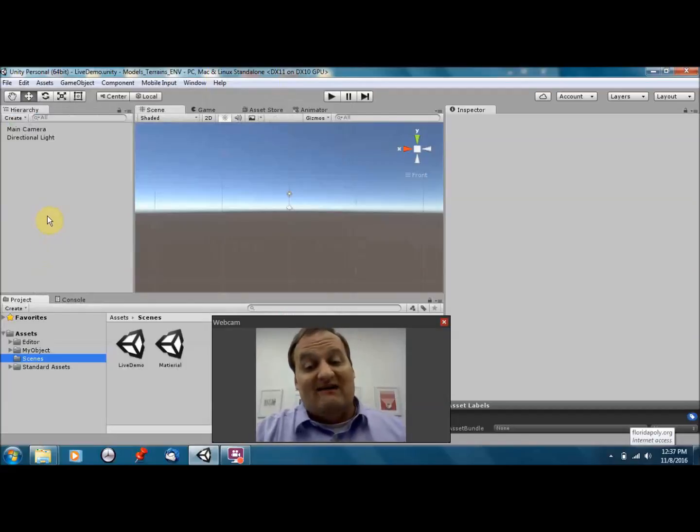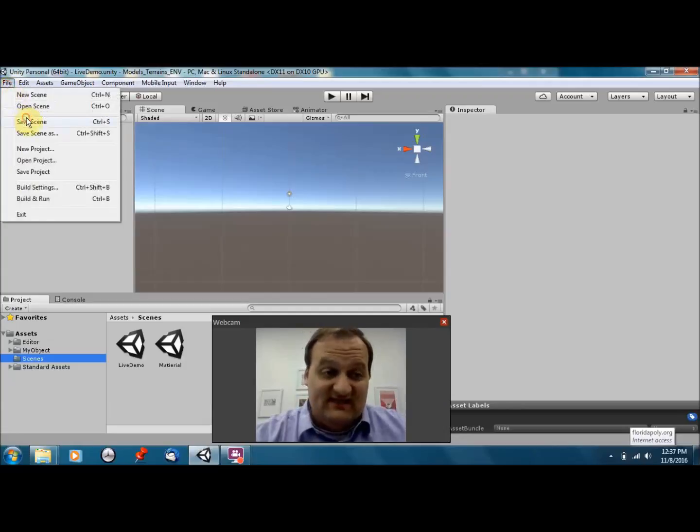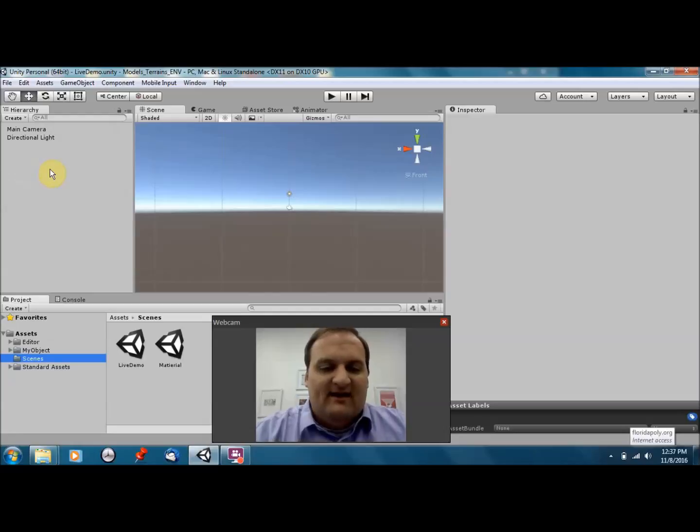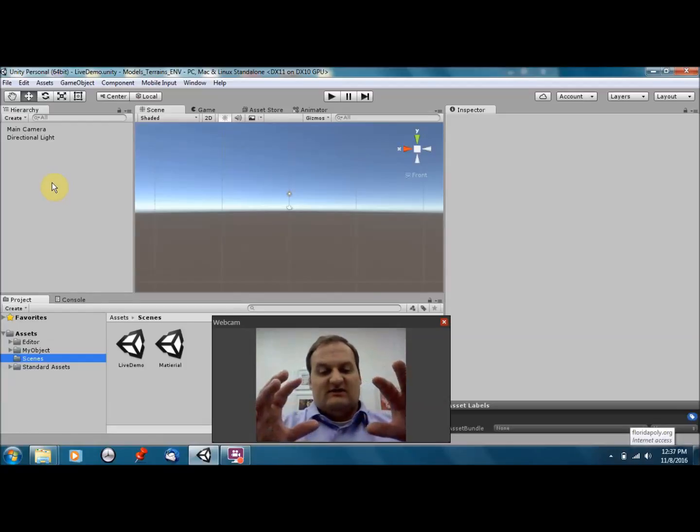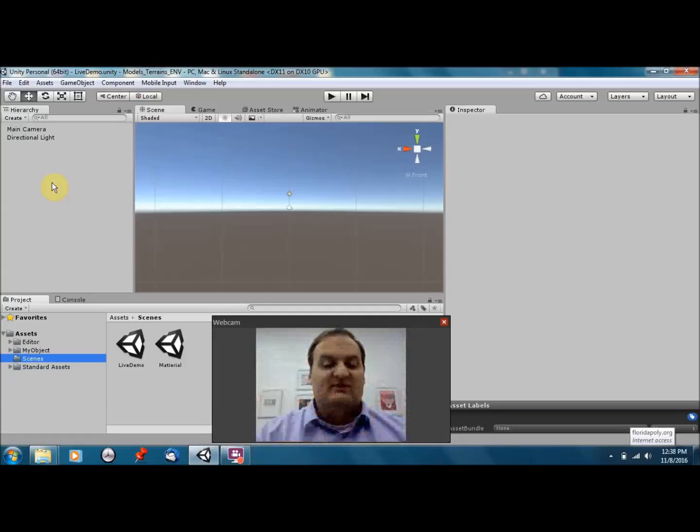Most of the information you have will actually be stored in the scene, not the project. So if you don't save the scene, you'll lose a lot of work. So save the scene, save the project. Now, we want to talk a little bit about making materials. Basically, a material is going to be a container that holds a texture and a shader. So you have a texture, a shader, they form a material, and the material will be applied or wrapped around your